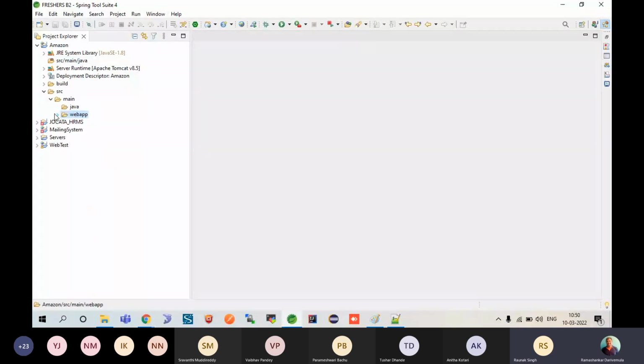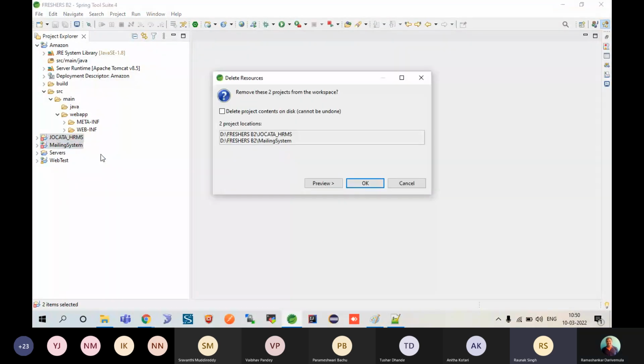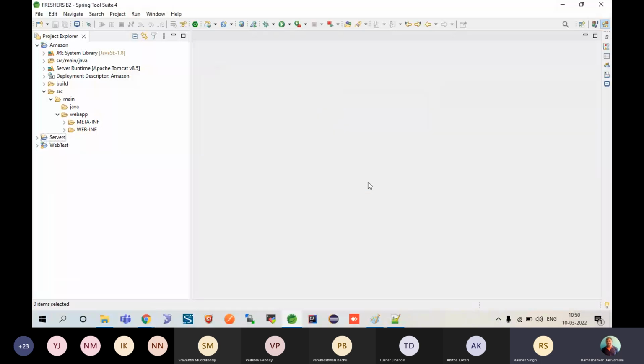Webapp is the place where I'll have my web content. Okay. I'll remove this Jupyter HRMS and this mail system. I'll keep my life pretty simple. I'll say delete project and contents on the disk. Okay, so this is all I have. Now in the WEB-INF, you will have lib and web.xml. So step number one, create a dynamic web project. It is done. Second,